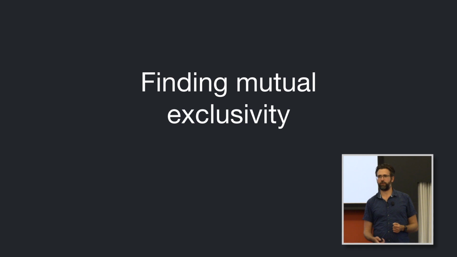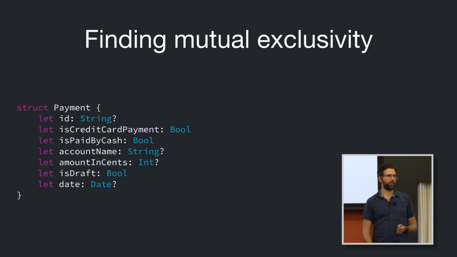And let's take this one step further. For example, let's say you're making a payment. And one of the downsides of this type is it can be a draft. So you can make a new payment in like a payment app. And when there's something as a draft, a lot of fields become optional. And when I see a lot of optionals in a struct, I'm feeling there could be a better way